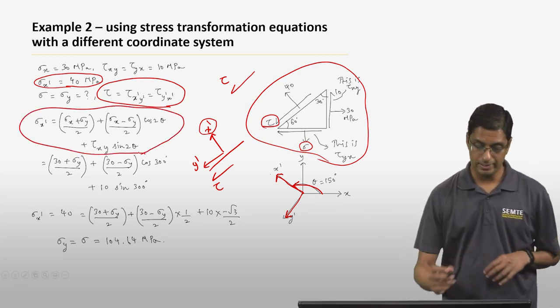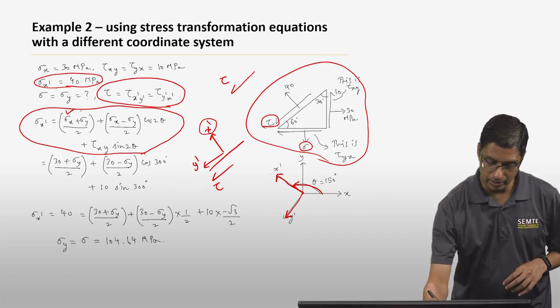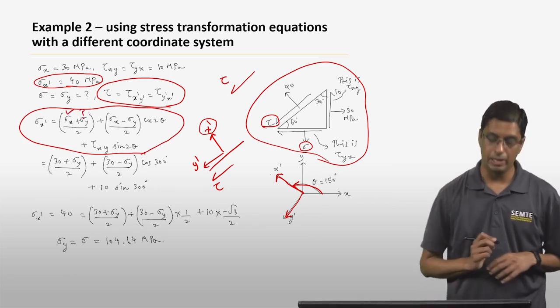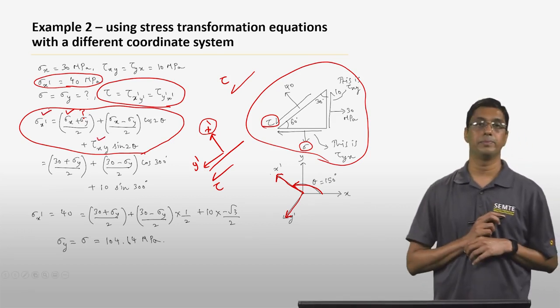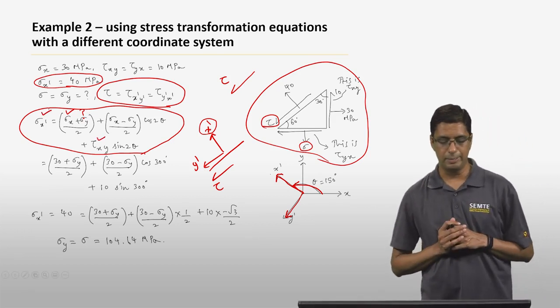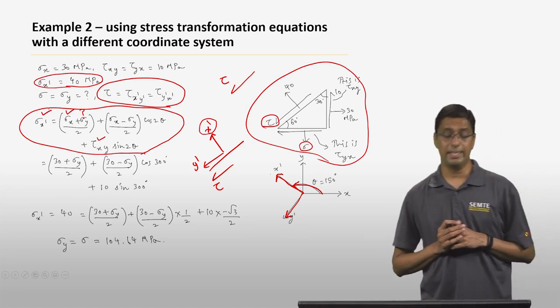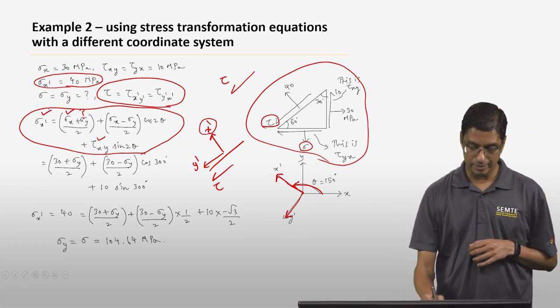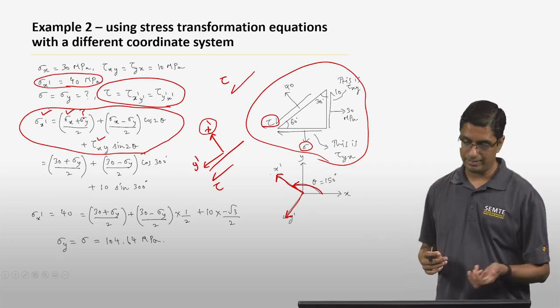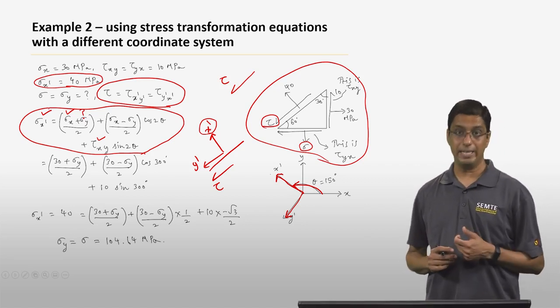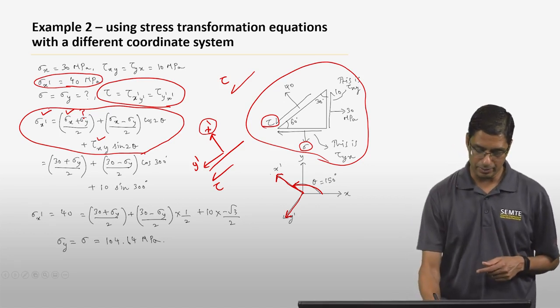Okay, so in this case, sigma x is known, sigma y is not known, tau xy is known, and sigma x prime is known. So the only thing that is unknown is sigma y, and if you plug in the values with theta equal to 150 degrees, sigma x equal to 30, and tau xy equal to 10, we essentially find out sigma y